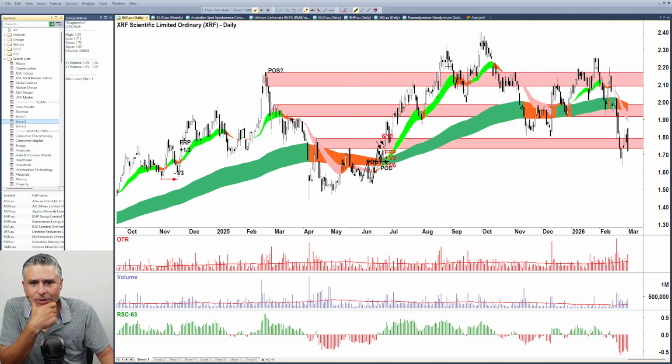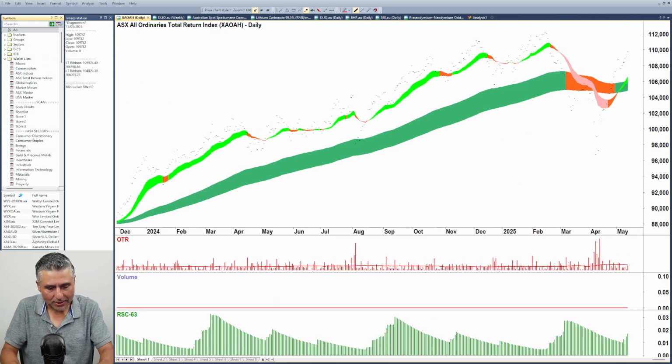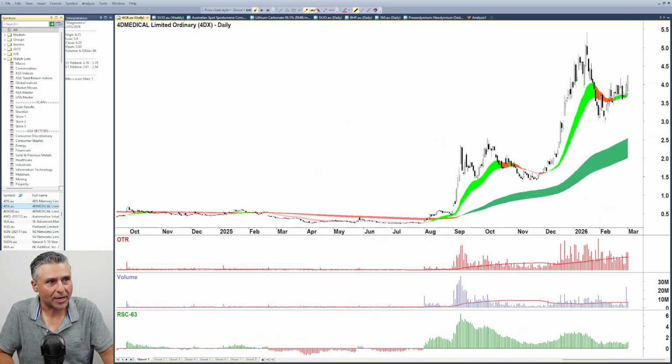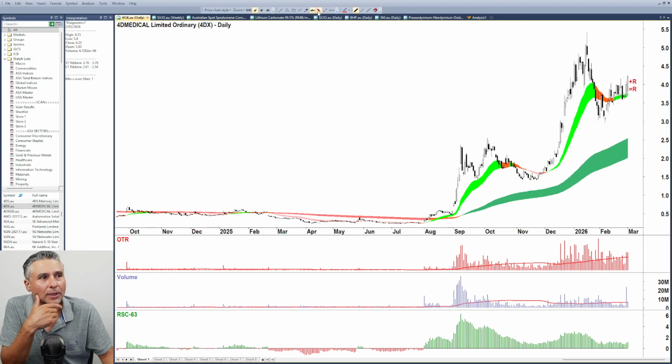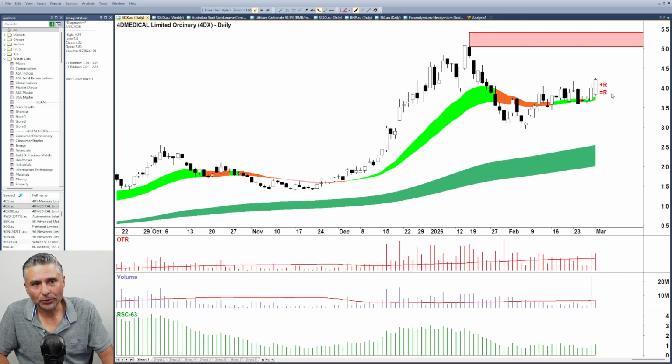Let us move on to, in fact, we should move back, not on, to 4DX and just quickly say that for you, Mick, I like this. I can't see any reason why you wouldn't go plus R. Certainly equals R and minus R is off the table. We know, however, that there will be some supply up here. It's almost inevitable, isn't it, 4DX? But if we are entering around the present level, and today's the candle.